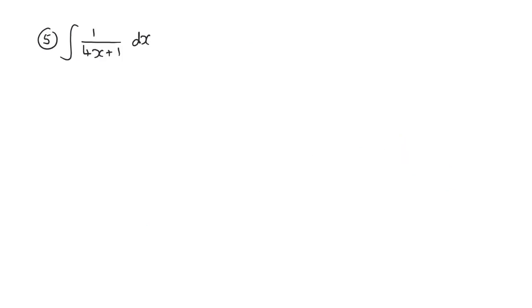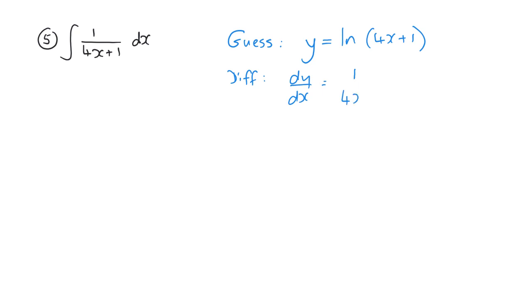So it's not just exponentials that this works with. So number 5, now we're going to integrate 1 over 4x plus 1 with respect to x. So you say to yourself, well, what would I have to differentiate to get 1 over something? So you have to cast your mind back and say, well, if I differentiate logs, it becomes 1 over something. So if we differentiate the log of 4x plus 1, we get 1 over 4x plus 1